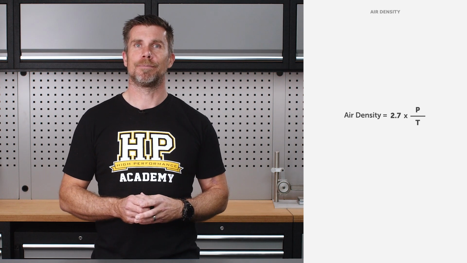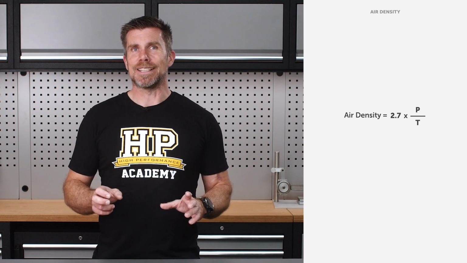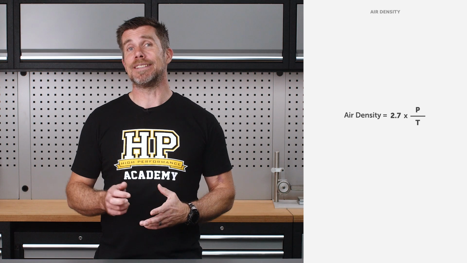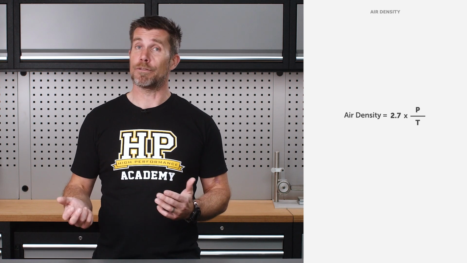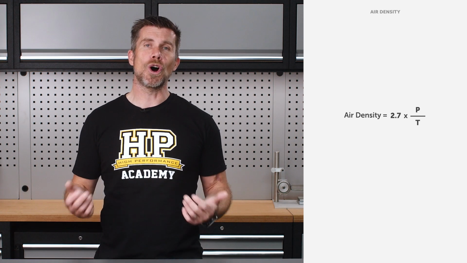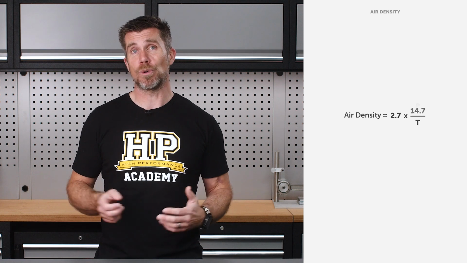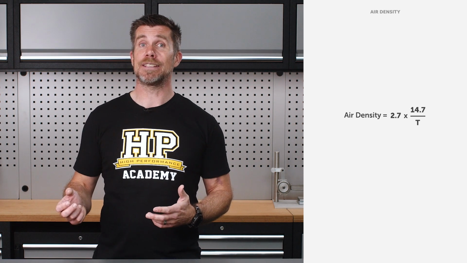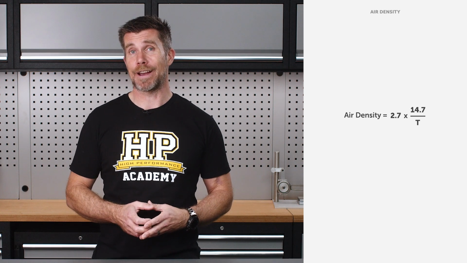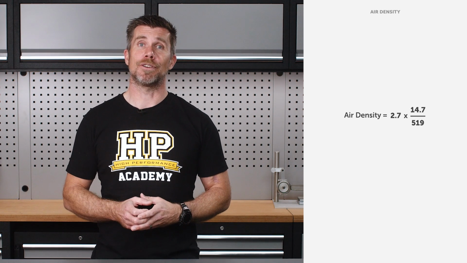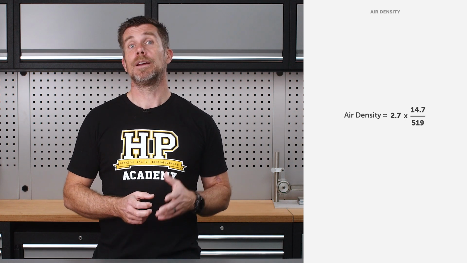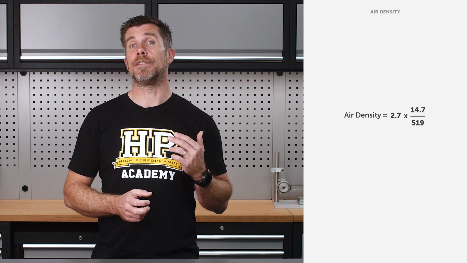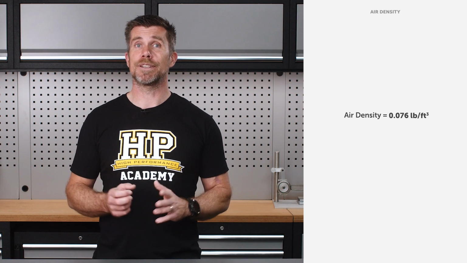Now we can put some numbers into this equation and calculate the air density under the standard conditions that we've already discussed. We already know that air pressure is equal to 14.7 psi under standard conditions, and we now know that the air temperature is equal to 59 degrees Fahrenheit, which is 519 on the Rankine scale. Now we can solve the equation and we find that the air density under standard conditions is equal to 0.076